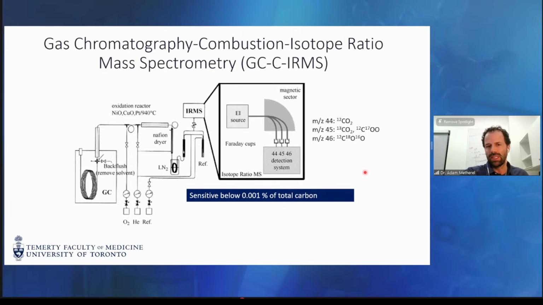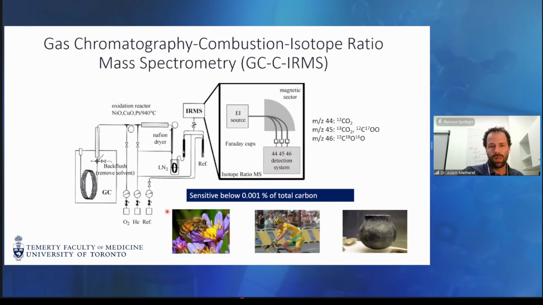There have been some really neat applications of isotope ratio mass spectrometry that you may or may not be aware of. One really interesting one is with honey adulteration. So if companies are faking the sources of their honey, they could be adding high fructose corn syrup or sugarcane to it. That can be detected through isotope ratio mass spec.